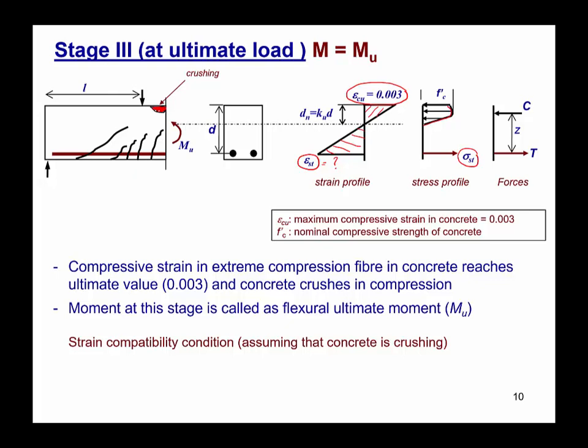and the strain compatibility equation can be derived using a similar triangle equation between this triangle and this triangle. So if we use a similar triangle equation, epsilon ST divided by this distance, which is d minus kud, should be equal to epsilon cu divided by kud. Which implies the strain in the steel is equal to 0.003, which is the crushing strain of the concrete, multiplied by